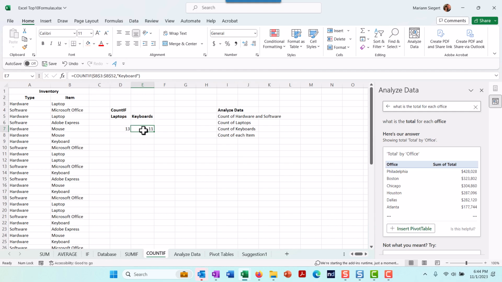It's not going to change even if I take it and drag it over. So let me show you what I mean instead. So the next thing, let's say that I wanted to do, I'll just show you how this will work. I'm going to say that if it says Adobe Express,